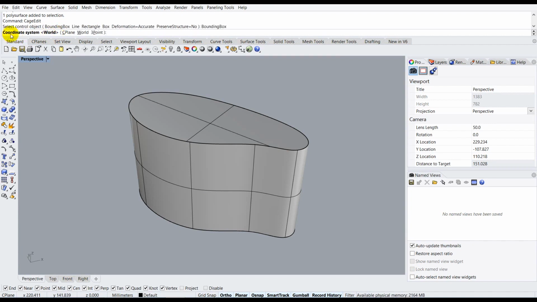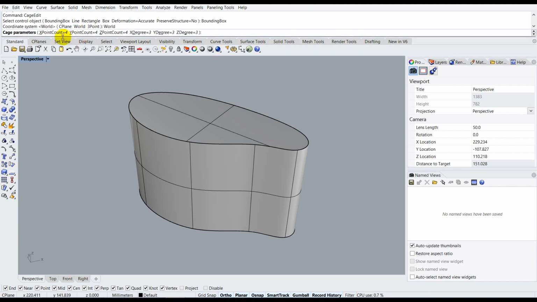Now it will ask you for the coordinate system after you are done selecting bounding box. So over here you need to understand the C plane is the grid that you can see in Rhino. Grid that is there on every viewport, that's the C plane. Okay, but in this case we want a world coordinate system. So you can click on world, and now you can clearly notice it is asking you for the cage parameters,